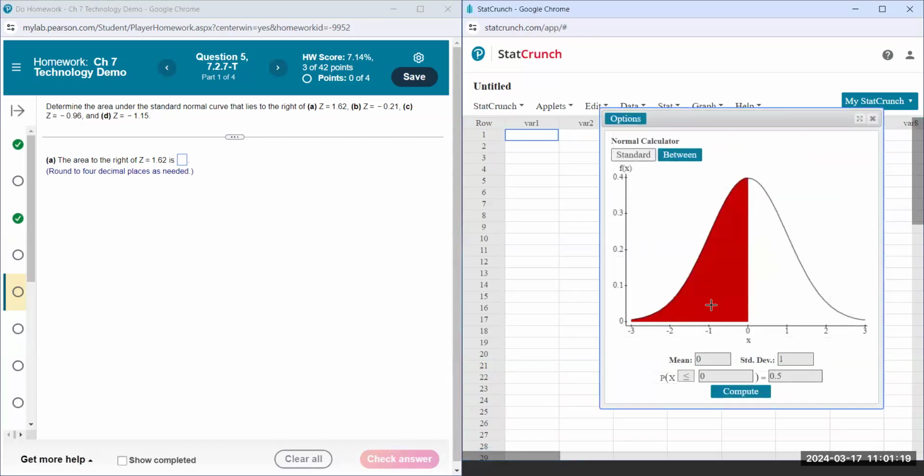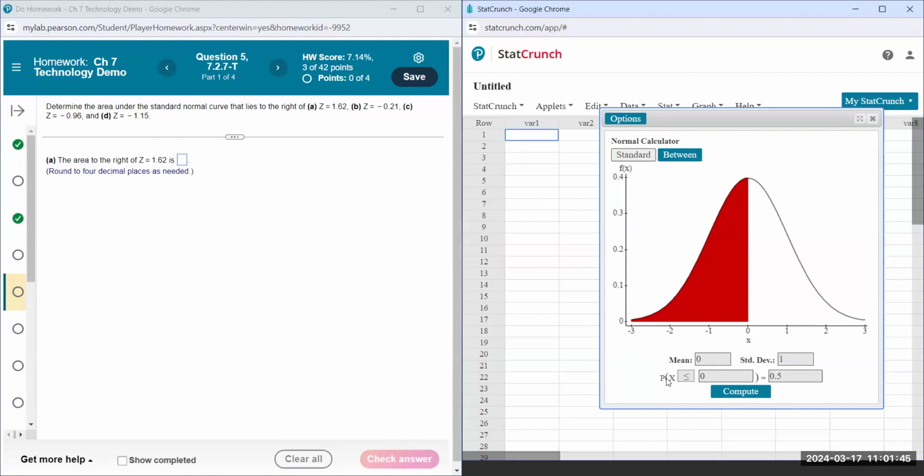And you can see now it's standardized where if you're the average, then you're 0 away from the mean. If you land here, then you're 1 of those deviations from the center. If you land here, you're 2 of those deviations and so forth. So we leave this here. If we want to know the area to the right of 1.62 standard deviations, which is around here on the right-hand side,